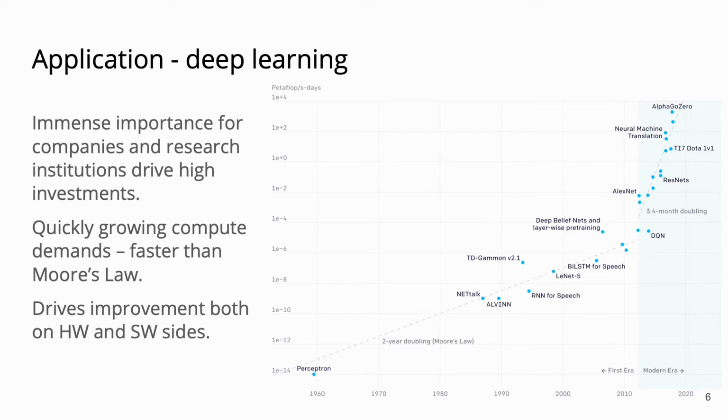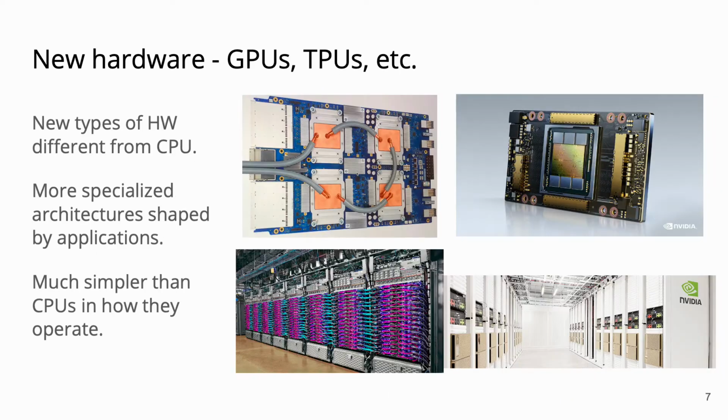It has a growing appetite for computational performance with which system designers struggle to cope. That drives improvements both on the hardware and software sides of the system. On the hardware side, deep learning has already pushed computer architecture into the age of new renaissance. Many large companies that work in the area of artificial intelligence propose new accelerators, while other companies utilize graphical processing units, or GPUs. In both cases, hardware is more specialized than typical central processing units, or CPUs.